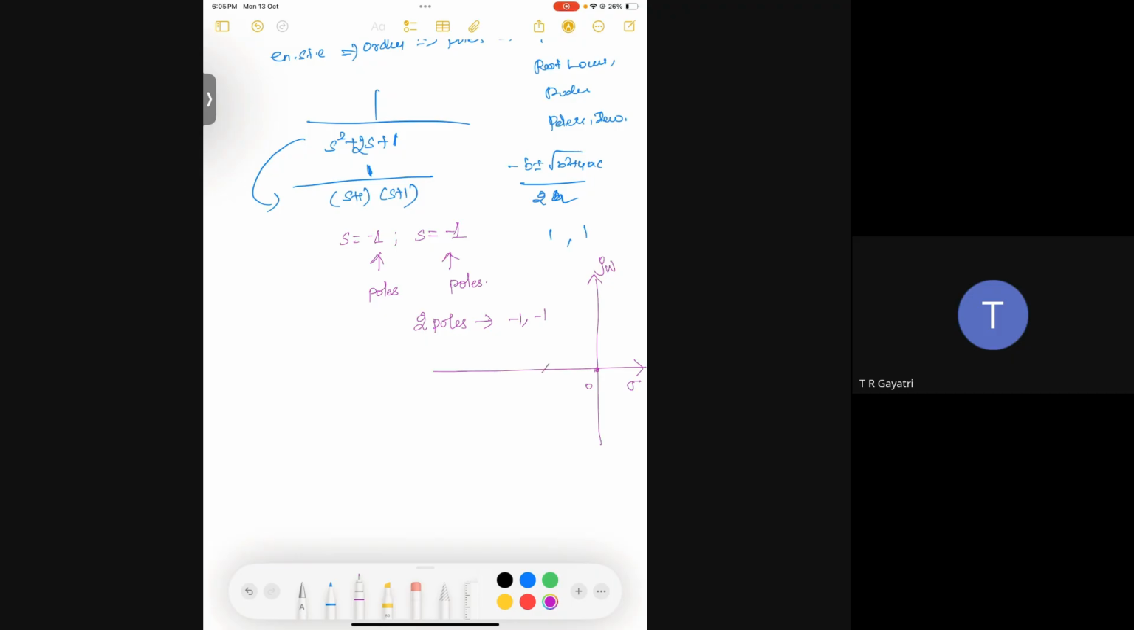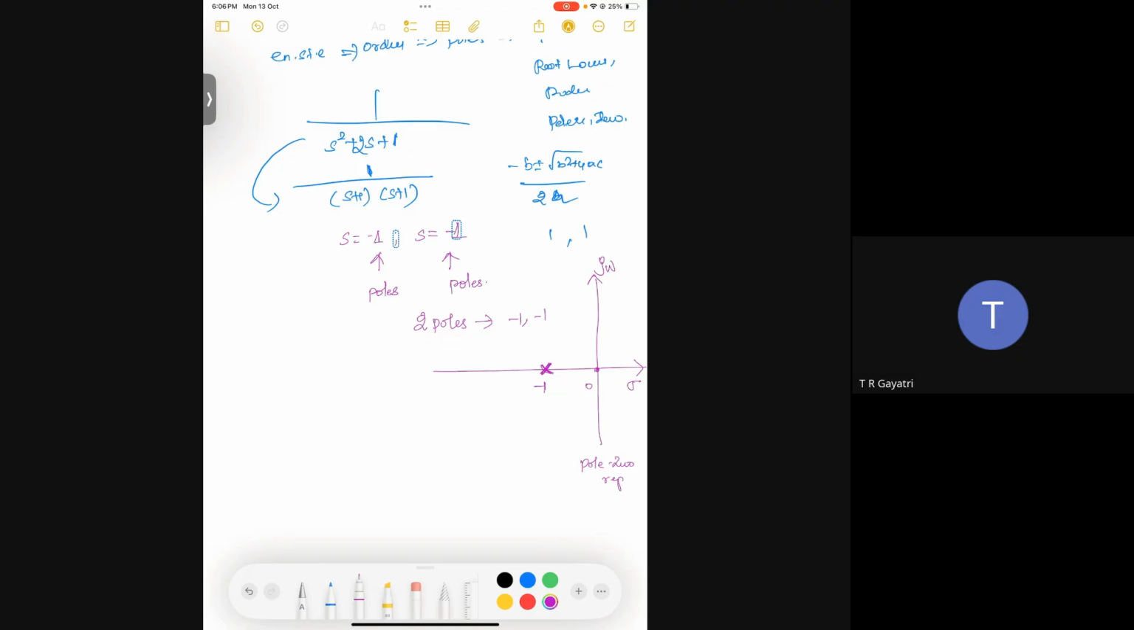So we used to mark poles with an x. There are two poles, and we don't know how to differentiate them, so just make it dark. There are two poles here at minus 1. So this is the pole-zero